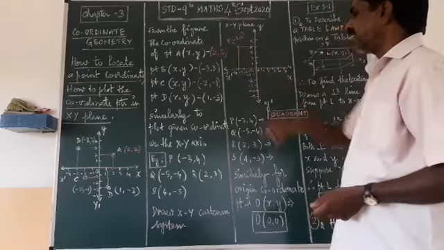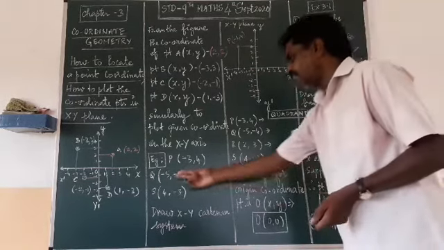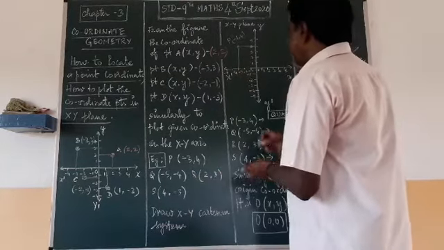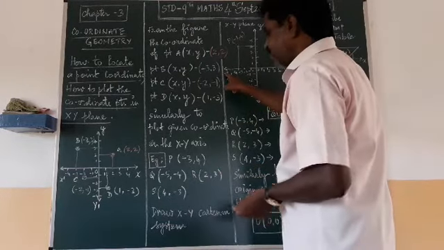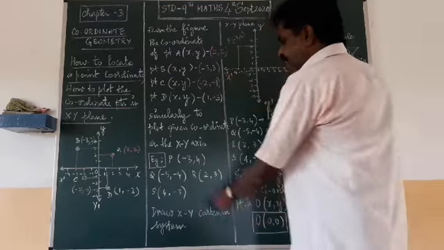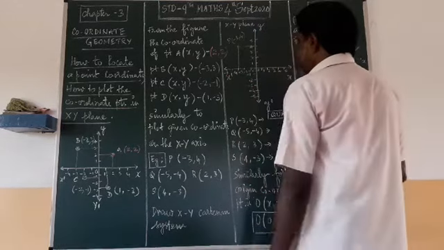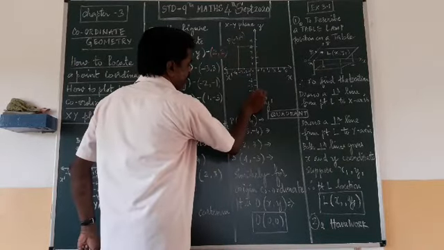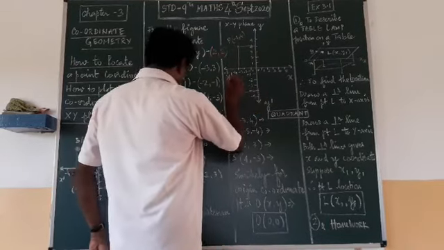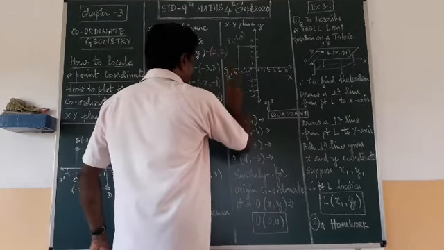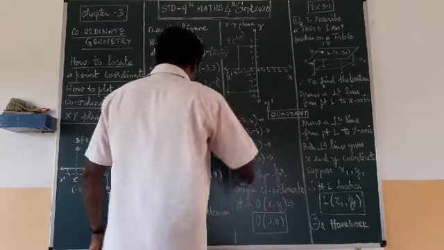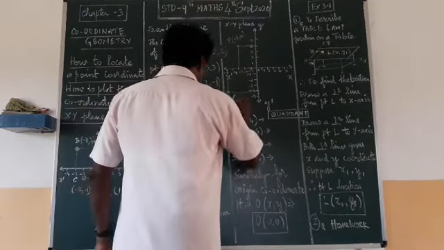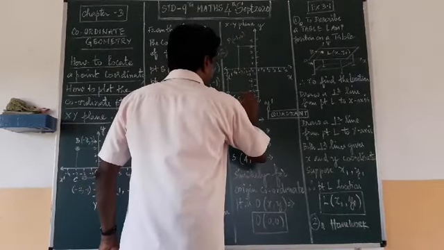Okay, -3, 4. Then go for the next point Q, -5, -4. Where does it come? -5 is in the negative direction of the x-axis and -4 in the negative direction of the y-axis. Then I draw a perpendicular line and a horizontal line, at -4 here and -5, both intersecting here. So that is our point Q. Q equals, in the bracket, -5, -4.